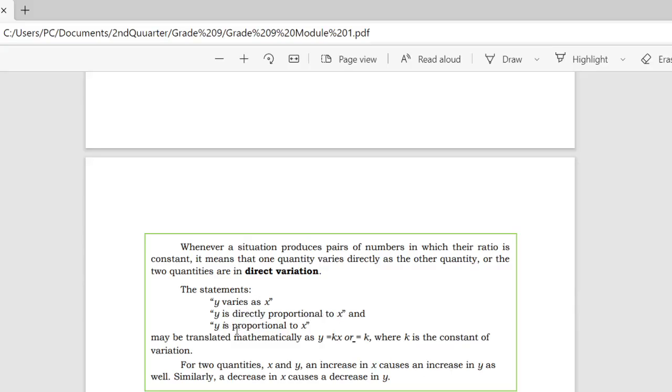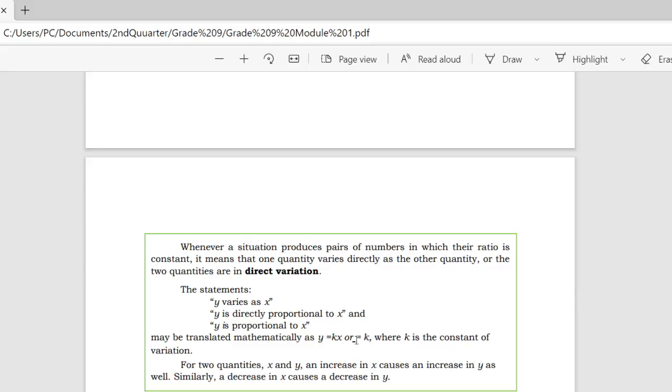Pag nakita nyo tong mga keywords na yun, it means it is a direct variation. It should be y varies directly as x. The other one is y is directly proportional to x. And the other one is y is proportional to x. So these three statements may be translated into mathematical statement that is y equal to k times x,